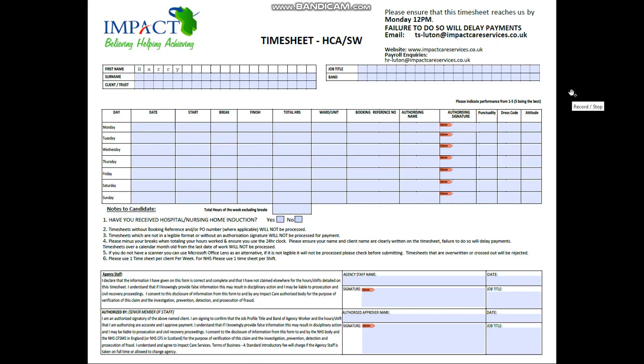Welcome to the Impact Care Services timesheet tutorial. I'm going to be talking you through how to fill in a timesheet correctly in order to prevent any delays in payment. Okay, so starting with the basics and the simple, you're going to start off with the box